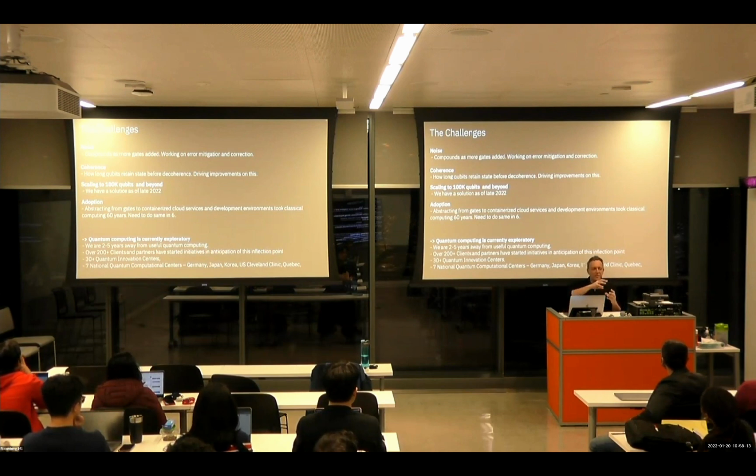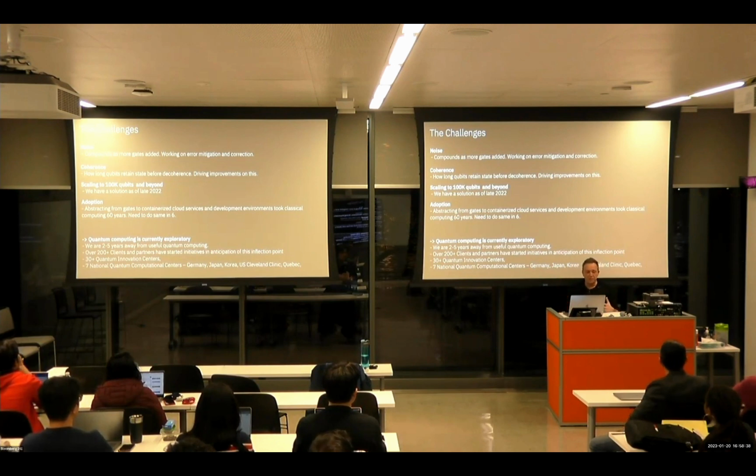And it's taken 60 years to get to the point where you've got a containerized cloud-based service that you can just jump into and do an environment and just start. Okay, so it's taken 60 years to get it. With quantum computing, we had gates 2 years ago. We've got to get to that place in about 5 years. So our acceleration is much higher in terms of making it usable by everyday, mainstream developers.